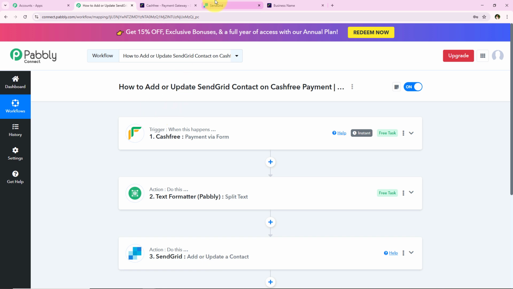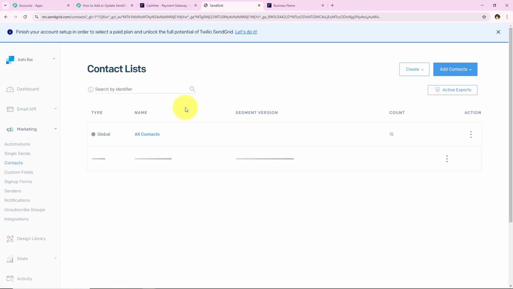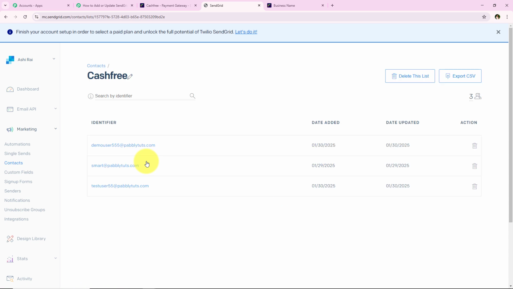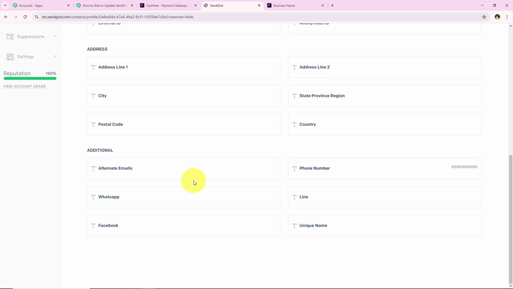So I'm just going to open my SendGrid account right from here, and now from the left side of the bar we have to go towards the marketings and then contacts. All right, and after coming over here towards the contacts, we have to select the list. So as you can see that this is the list in which I added the contact, so I'm just going to select the same list, and yes, over here you can see a new contact has been created, demo user 555@pabblytudes.com. Over here you can see the same first name, same last name, same email, and the same phone number